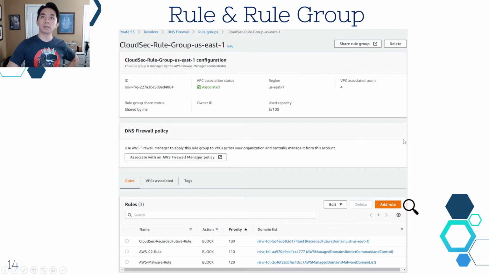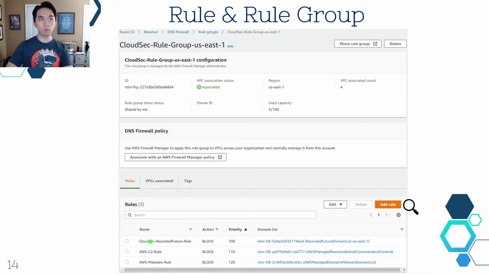Okay, now we look at the second and the third component. As I mentioned earlier, a rule has to be a part of a rule group. Here you see three rules in accordance with the domain lists that we have. So this one is the malware rule for the malware domain list. This is for the command and control, and this is for the custom domain list.